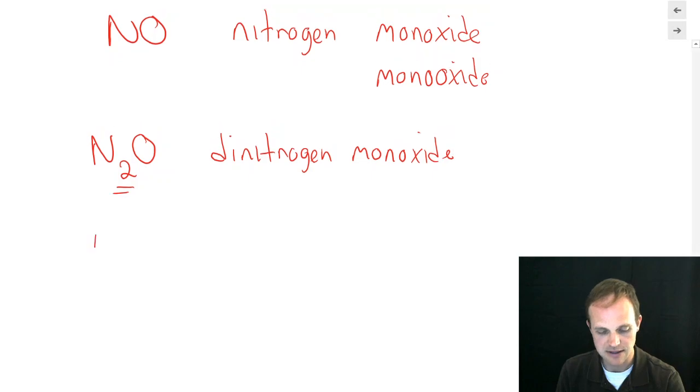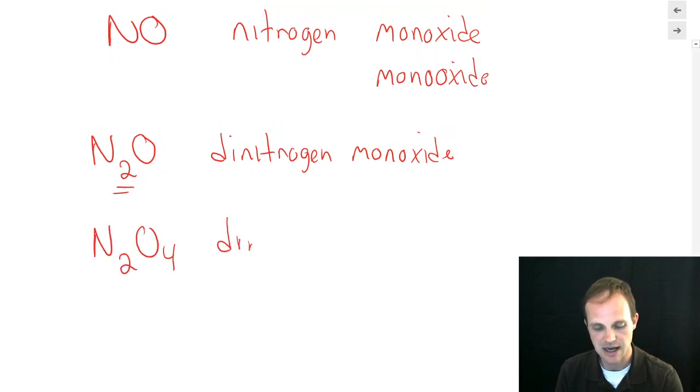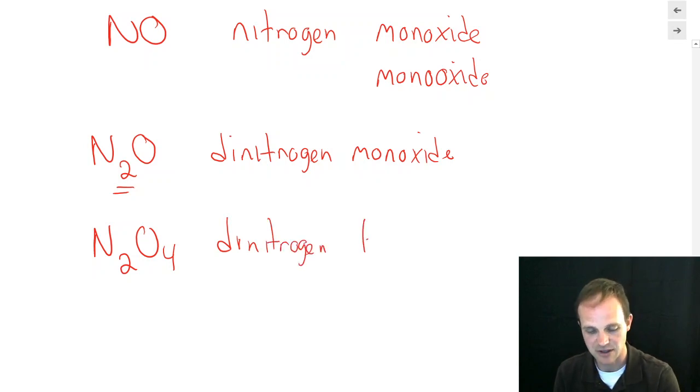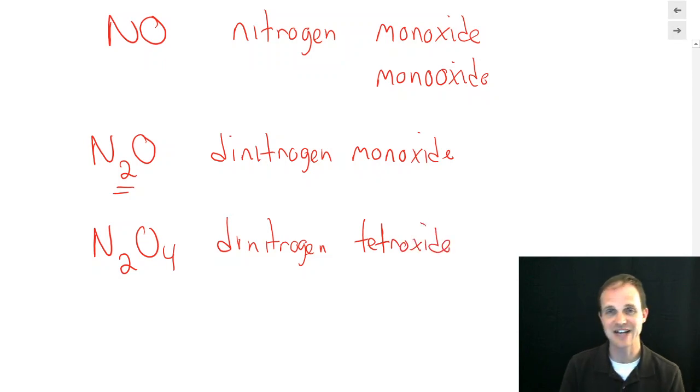Okay, other things exist. N2O4 exists. What are we going to call that? That's going to be dinitrogen, and 4 was tetra, and so it's going to be tetroxide. Again, you could write tetraoxide, but most people will write tetroxide. We could go on and on. There's a lot of those nitrogen and oxygen compounds that exist, but the point is that you have to count